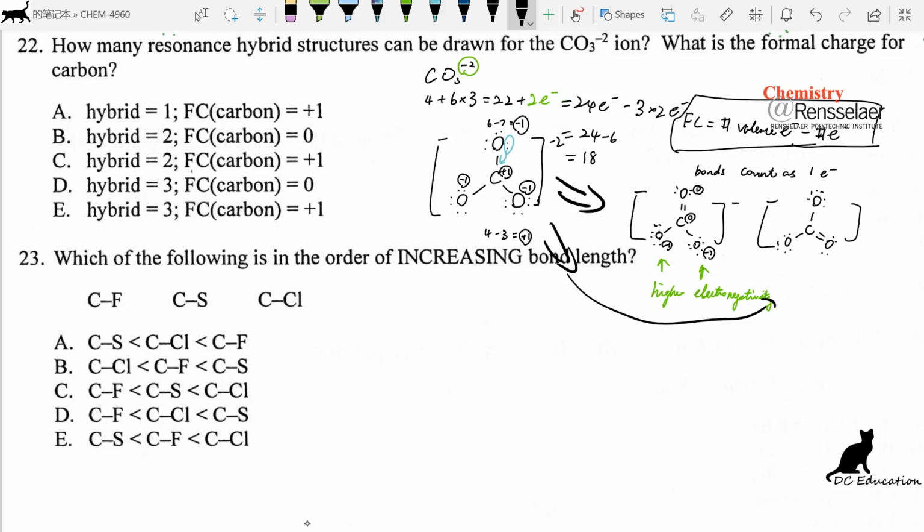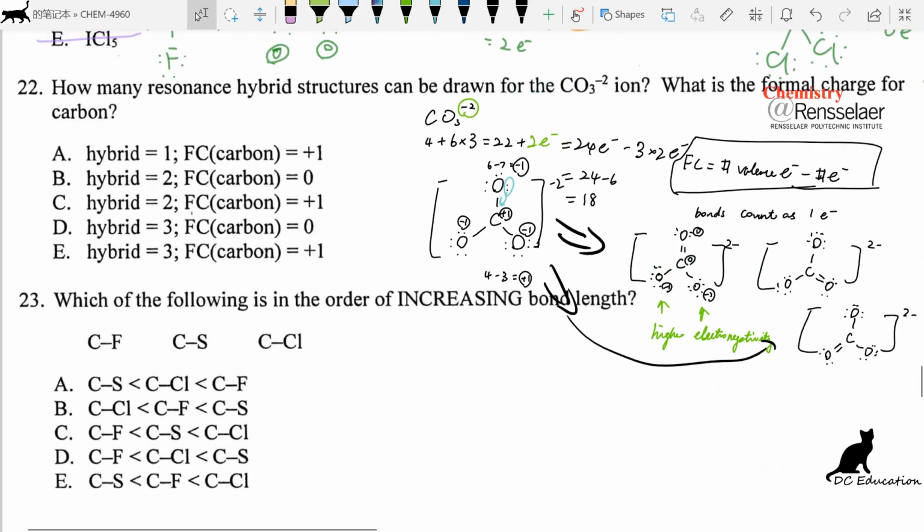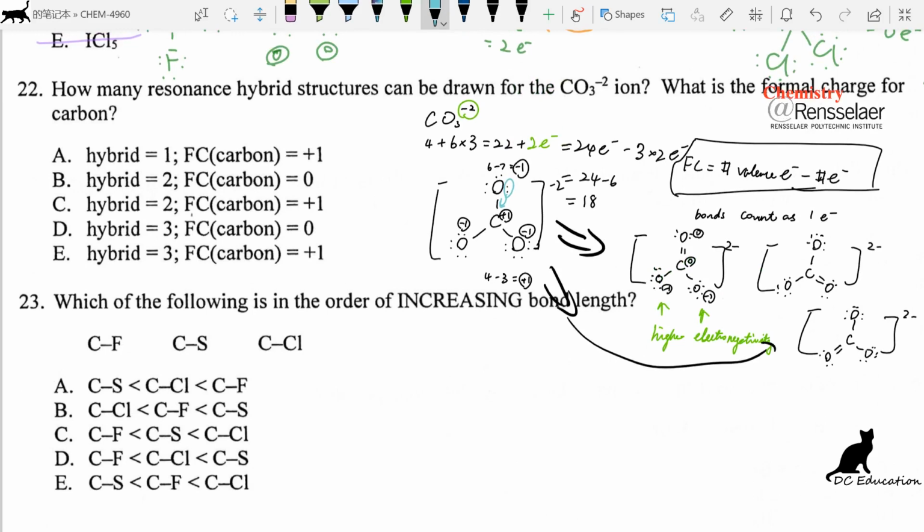So this was 2 minus, 2 minus, and there's the third one like this. Okay, so as we can all see, there are 1, 2, and 3 hybridization structures. So we can eliminate answer